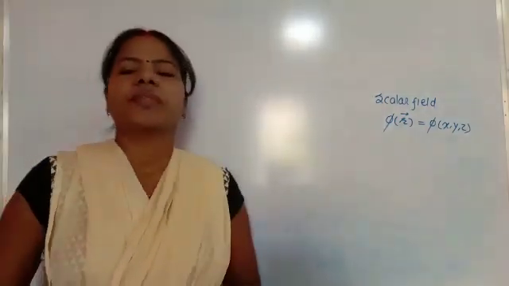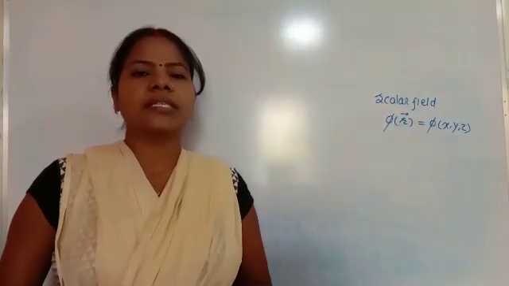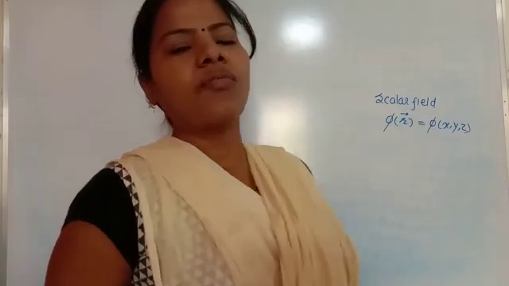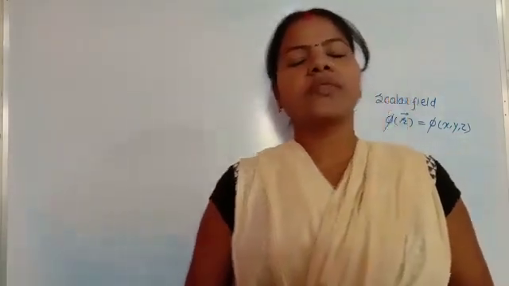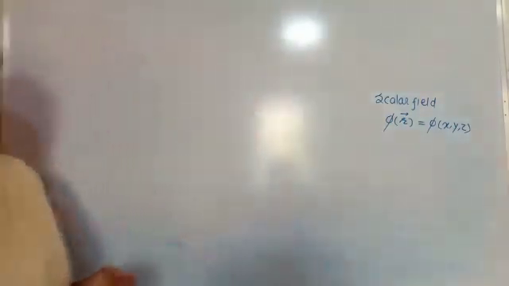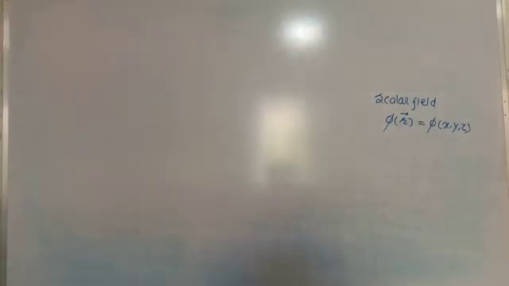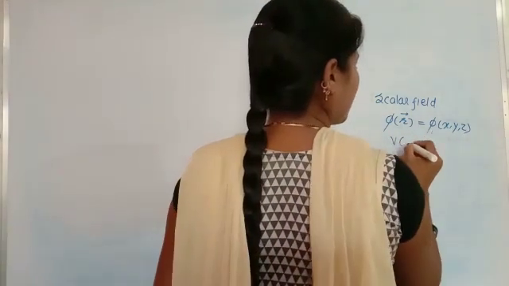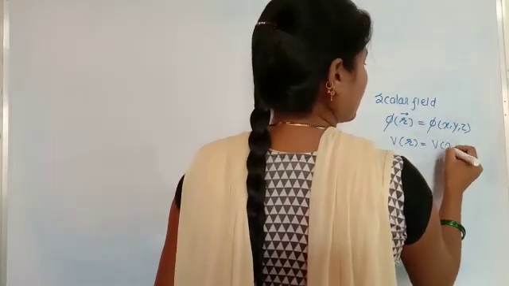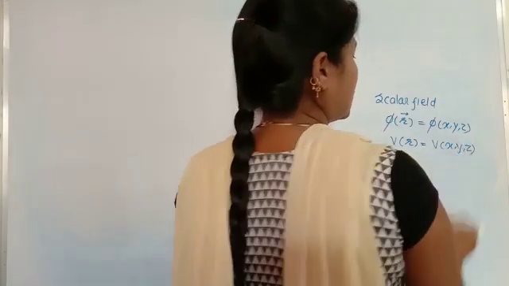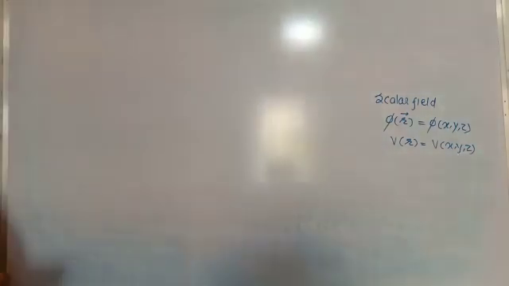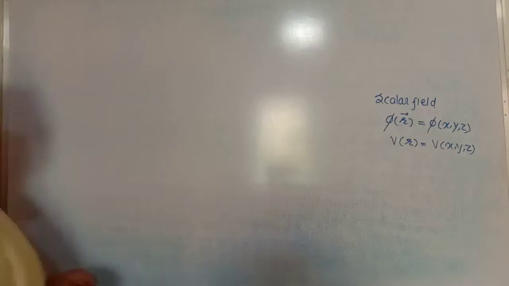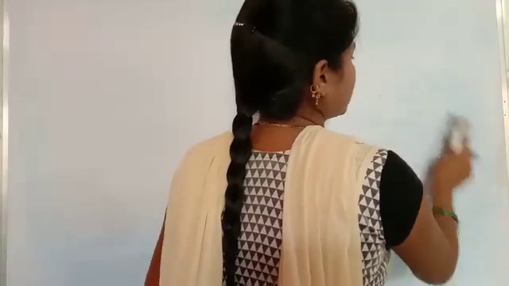Then the vector field: the region in which the vector quantity is continuous and described as a single value at every point of the position variable is called the vector field. If v is the vector function of the position variable r with a set of coordinates x, y, z, then we can write v of r is equal to v of x, y, and z. So this is called the vector field. By using these two definitions, we describe the new topic, that is the gradient of a scalar field. Today's topic is the gradient of scalar field.